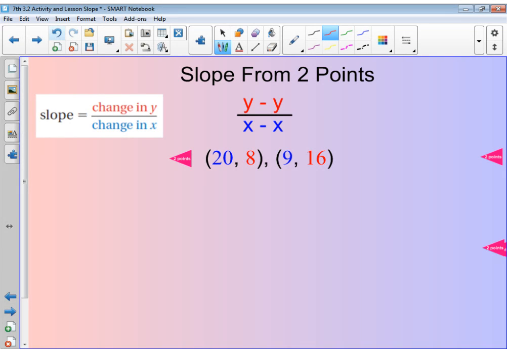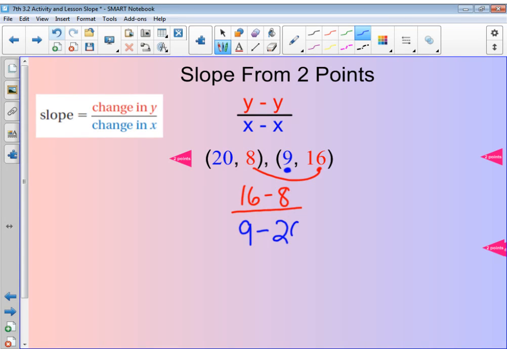My usual strategy is I look at my y's first and I take the bigger of the 2 numbers so that I can get a positive number if I'm working with both positives. So I'm going to write it out with the 16 in the front. So 16 minus 8. Now, because I started with the 16, I have to start with this 9. I don't get to then pick. So I have to do 9